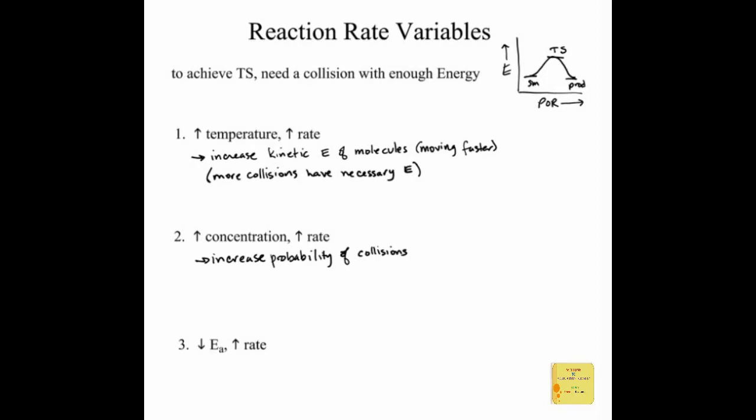And the last way to increase our rate is if somehow we could decrease our energy of activation, that would make it a faster reaction. So where was our energy of activation? It was right here. It was the energy required for our starting materials to reach this transition state energy. So if we could decrease the height of the hill that we have to climb,